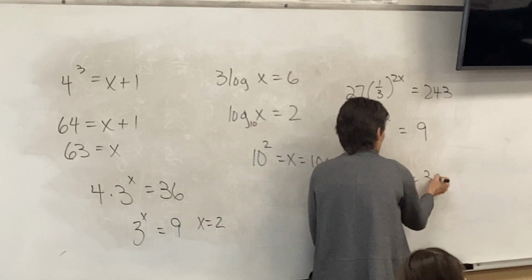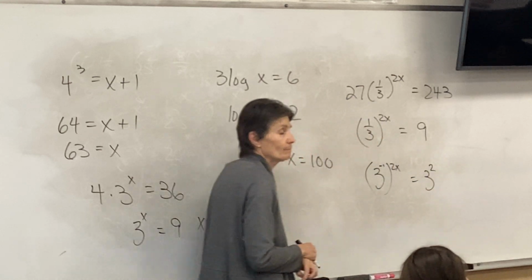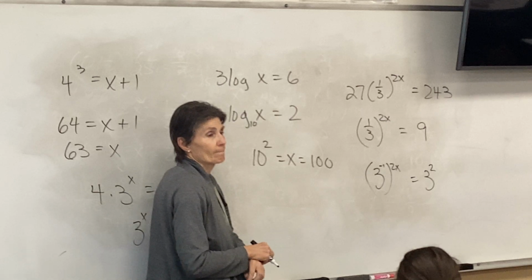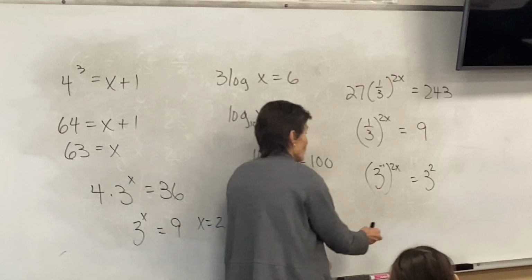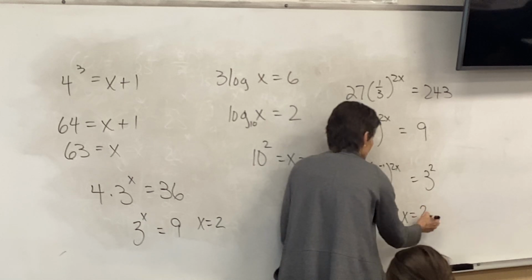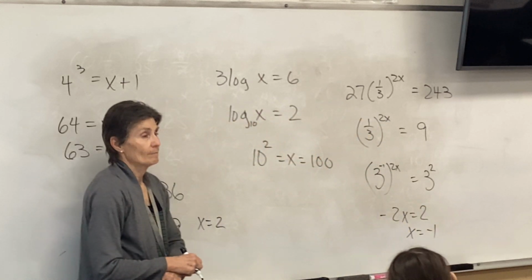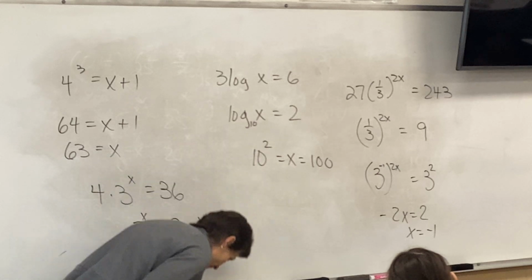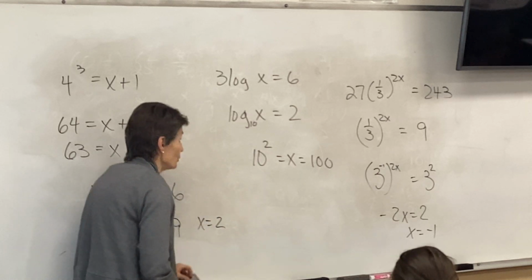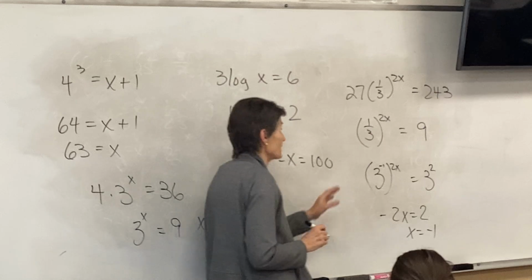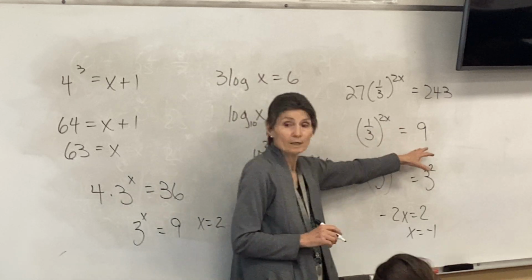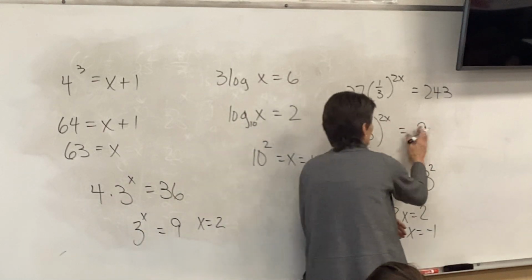If 3 is my base, then 9 is 3 squared. So negative 2x equals 2. It looks like my answer is negative 1. I heard Jordan up there saying I would use 1/3. You could have used that, but then this would have been 1/3